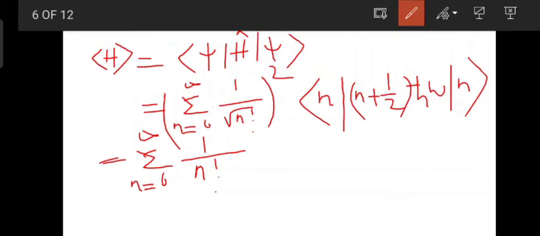By squaring it, we will have only n factorial and n plus half h cut omega,